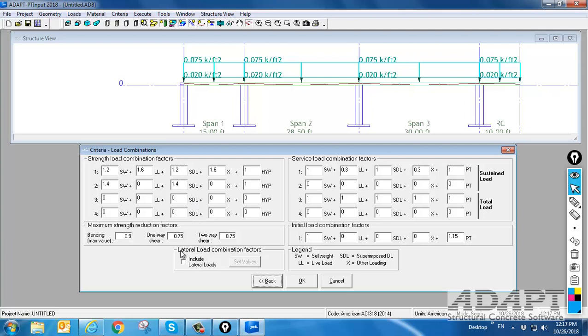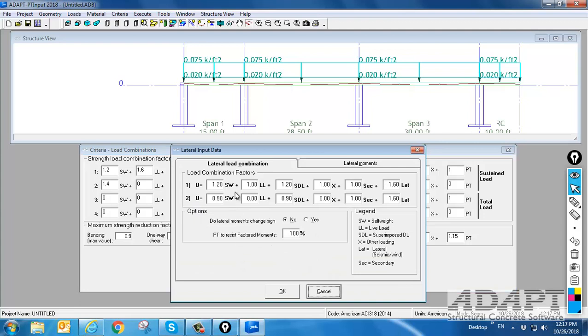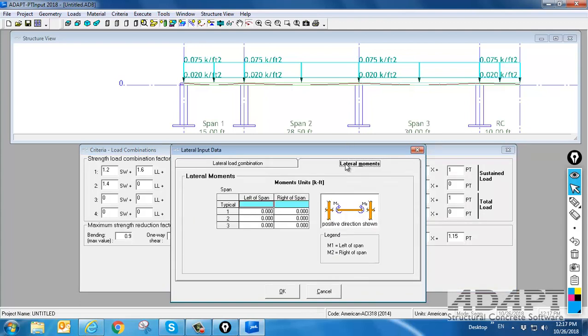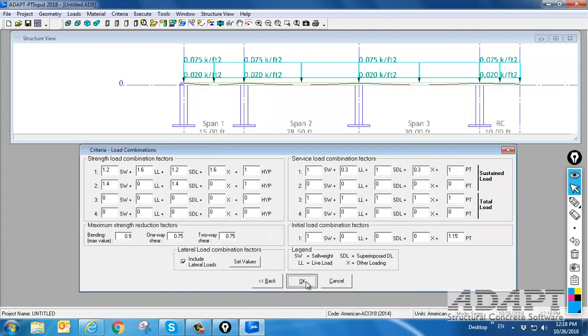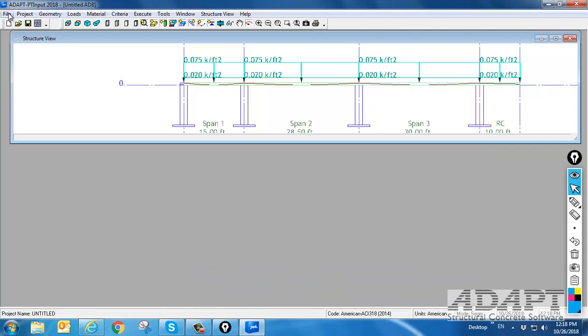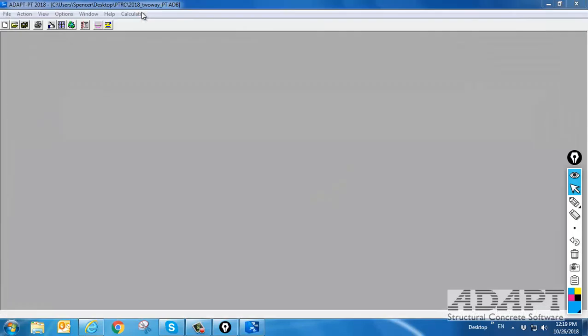If you wanted to include lateral loads, you can do this here by again defining 2 additional combinations and including the lateral joint moments in the model. So that's done for lateral loading. We're going to say OK, and then we're going to save the model. Okay, once the model is saved, we're going to execute. So the first thing we need to do is determine the post-tensioning, and we can either use this icon to save and execute analysis or go to execute,